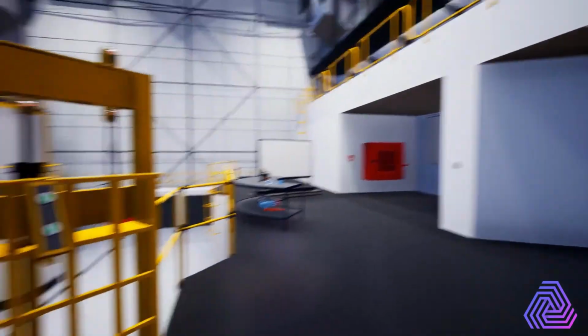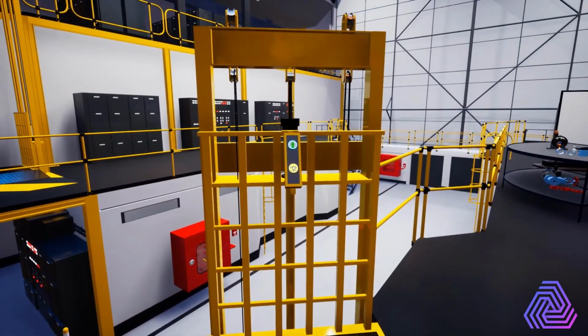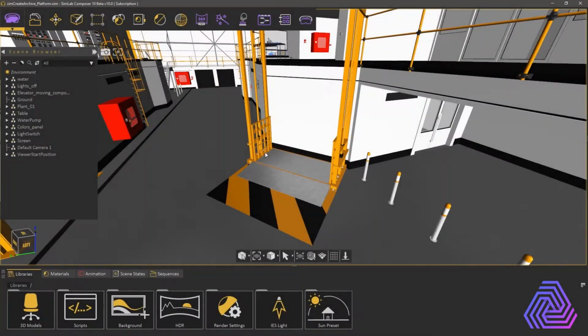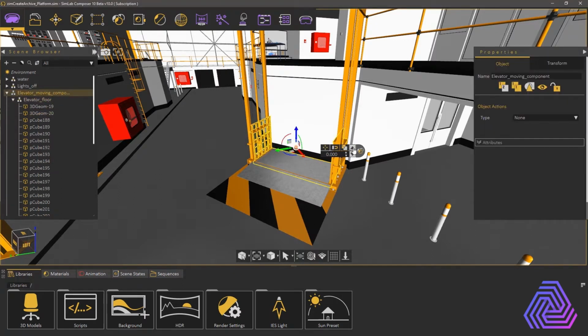In this part of the series, we're going to learn how to create a simple animation and implement that animation in an interactive VR experience. The part that we're going to animate is the elevator. Select a part of it and click on the level up icon to get to the highest level of the